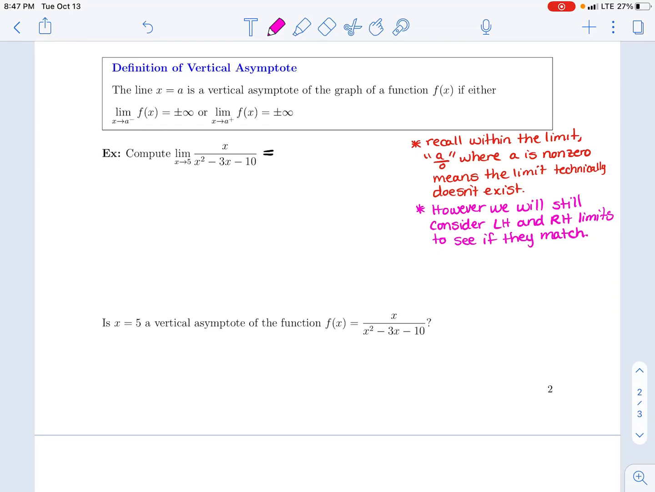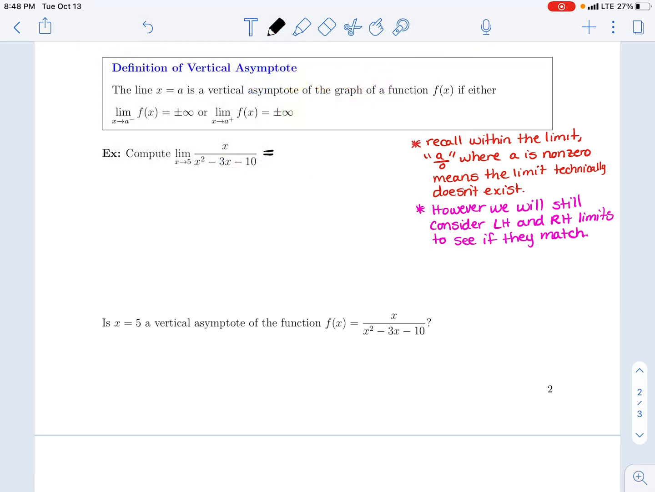Okay, so now we're going to talk about the formal definition of a vertical asymptote. The line x equals a is a vertical asymptote of the graph of the function f if either the limit as x approaches a from the left of f of x is equal to some form of infinity, or the limit as x approaches a from the right of f of x is equal to some form of infinity. Okay, and so when we look at computing this limit below here, we want to first plug in 5